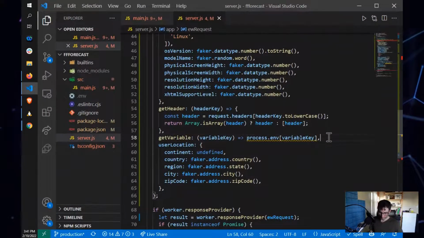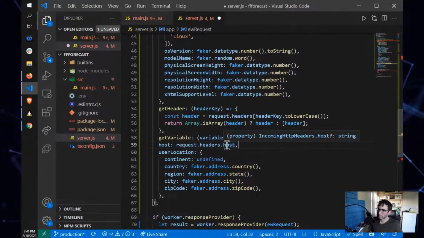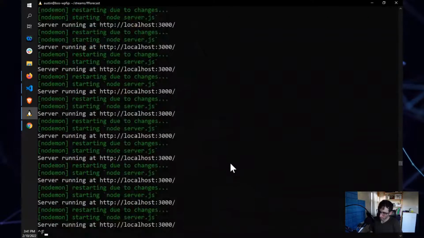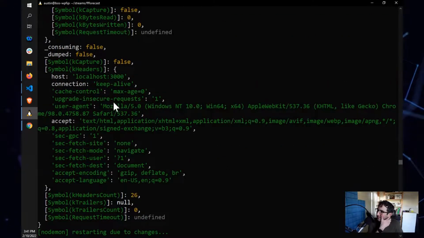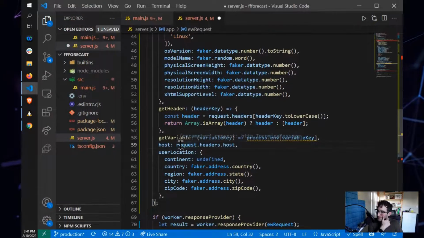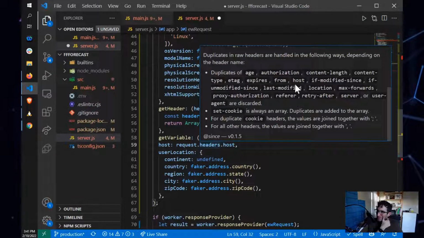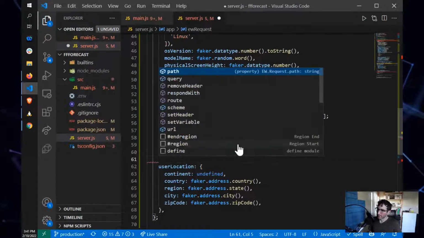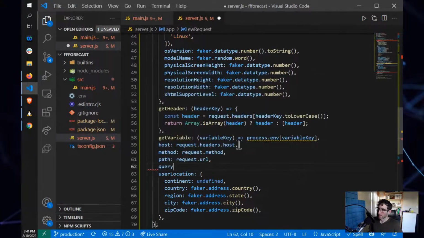Okay, next thing's next. The host is request headers.host. So if I look in here, oh, it's not going to let me search. Okay. If I look at the request headers, yep, that's the host value off of the request object. So this is coming from Node. Node has some headers, and those headers are going to contain the host. So that maps. The method is the request method. That's great. The path is the request URL. That maps. The query